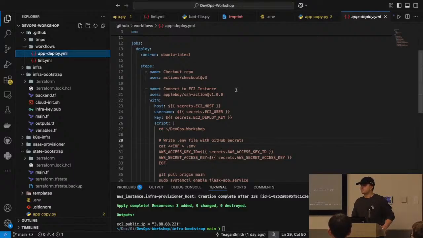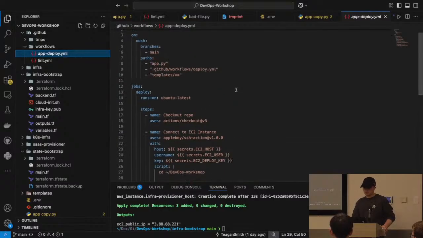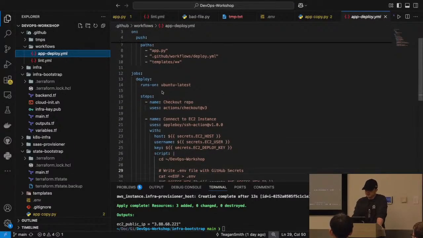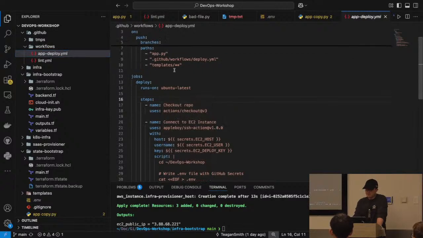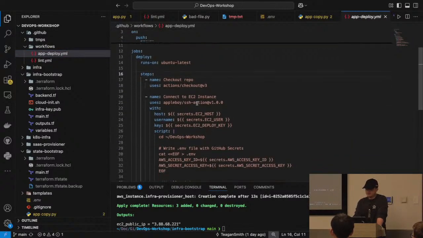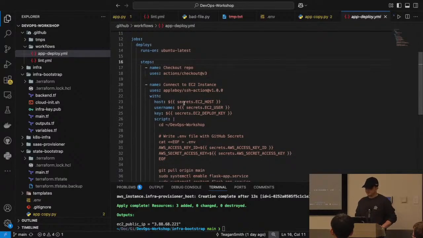And simply pushing it to a GitHub repository isn't always enough to actually have that hit users and be usable. So a simple workflow like this, on any update to our application, is able to use this workflow runner to SSH into our instance, using GitHub secrets to reference the host and the user in that SSH key that we created earlier.